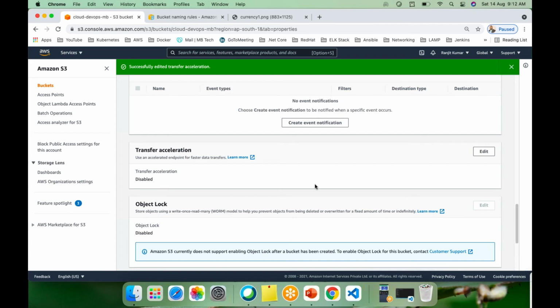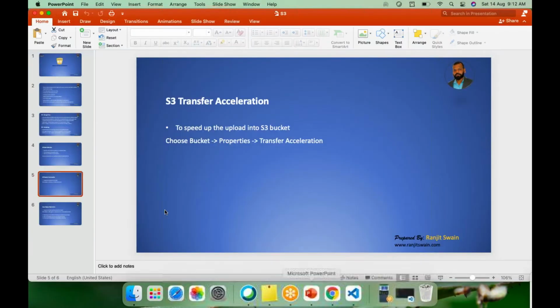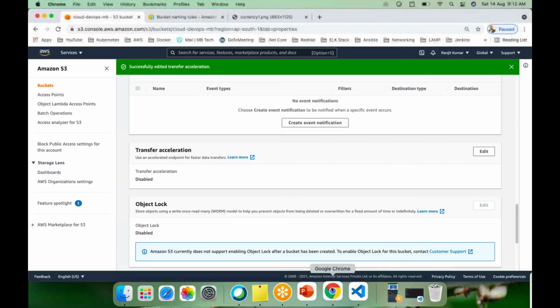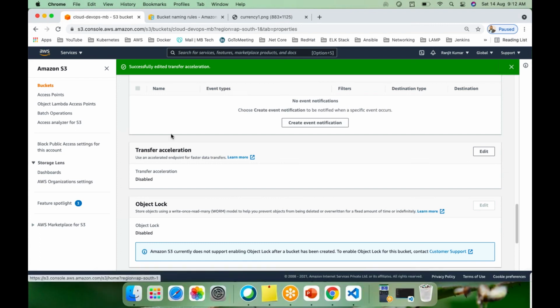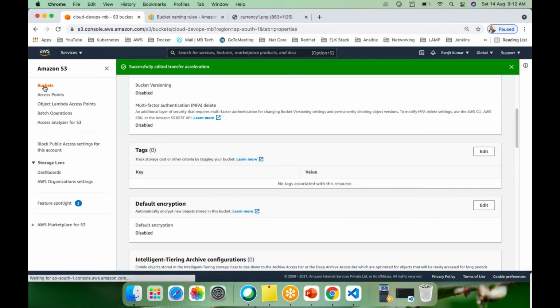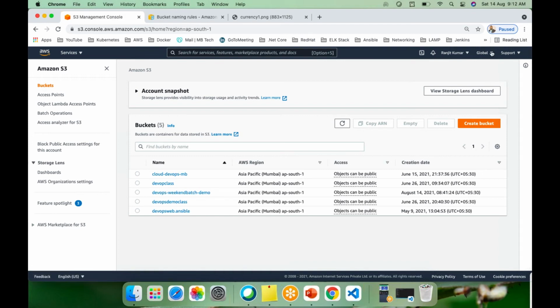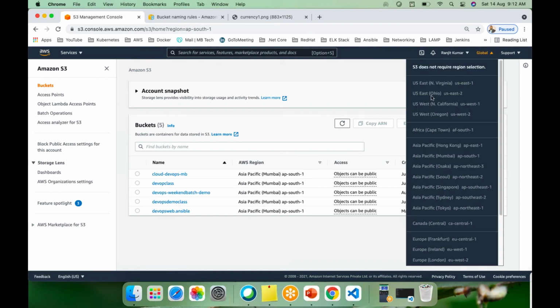Okay, fine. Also, because I enabled transfer acceleration, I paid extra fees for that. So you have to be careful, but you can do small practice. You can do it immediately and then close it. To close it, just go to the properties. Let me show you. I don't need it anymore, so I can just disable this one. I just edit it and disable. It's very simple. Save changes.